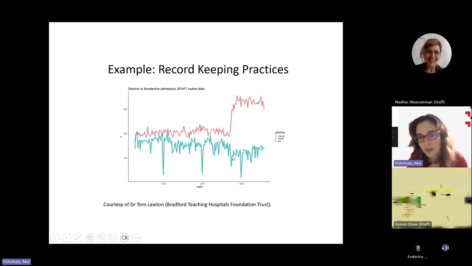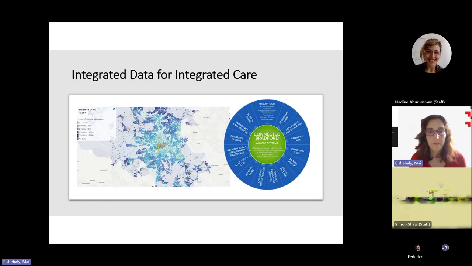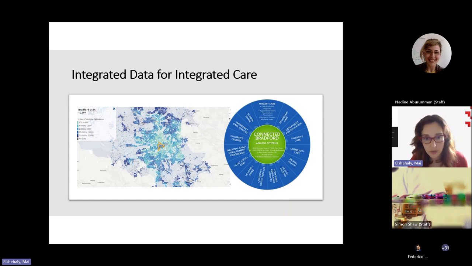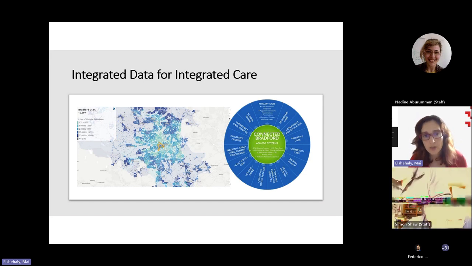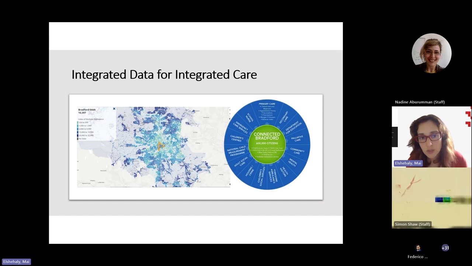So again, this is a case where you have data insights that can tell you a story that is very different from what is happening on the ground. And as we transition more and more into working with routinely collected data beyond health as well. So for the last few years, I've been working with this really brilliant asset called Connected Bradford Data, which includes health, primary care and secondary care and social care data, along with policing and other bits of public services. And it's all linked and interconnected. So you can really look into social determinants of health and different aspects of people's lives in Bradford.